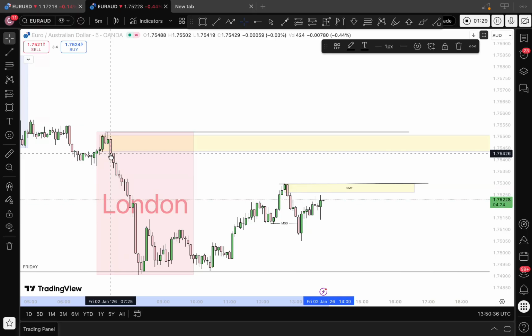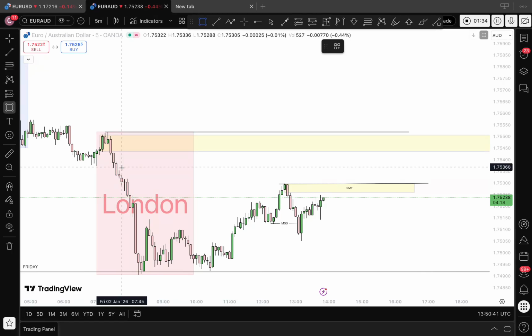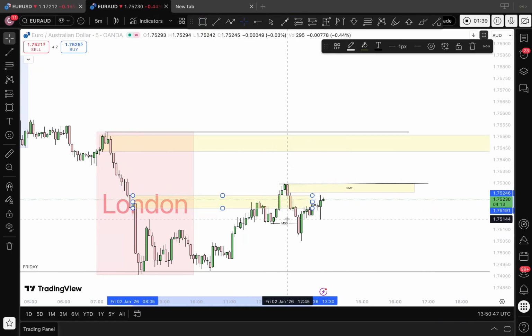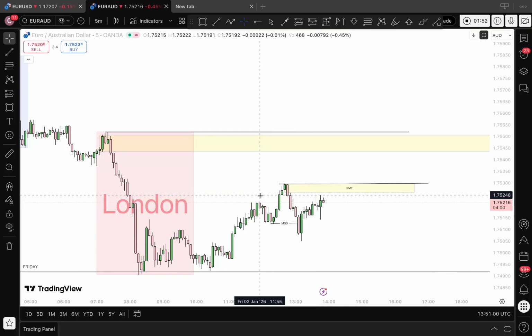So as for me, there's a zone around here. A lot of people are going to see this zone as a change of character, but to me, the exact zone I'm looking for is this particular point. This zone has faked a lot of people, and I believe it is going to fake a lot of them. That's why I mark this point as a smart money trap, for people who are going to put their stop losses and look forward to shorting it down.